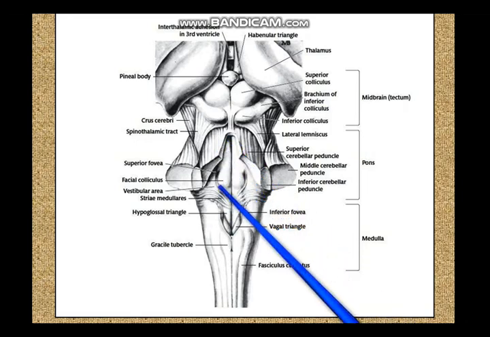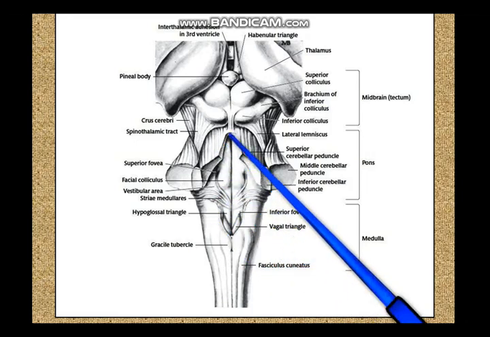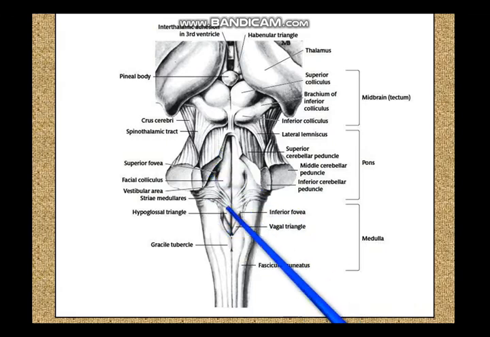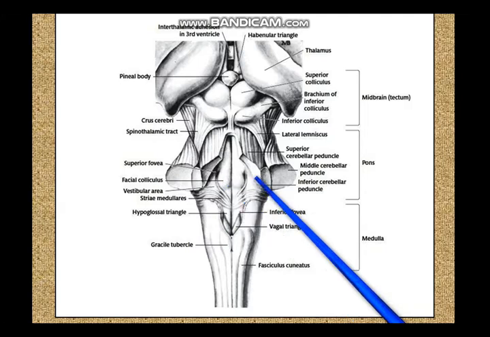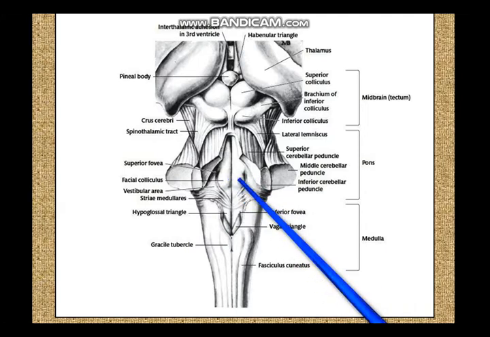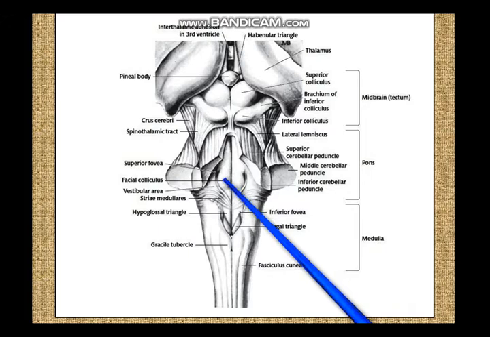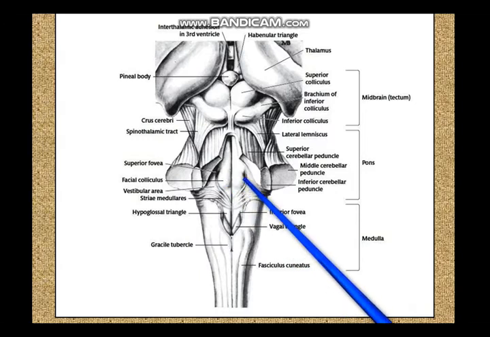So if you look at this medial section between the posterior median sulcus and the sulcus limitans, you can see this elevation, the facial colliculus. So in the pontine part of the floor of the fourth ventricle you can make out the elevation of the facial colliculus. Now this facial colliculus is due to the underlying abducent nucleus which is looped by the fibers of the facial nerve. So the fibers of the facial nerve looping around the abducent nucleus give rise to this facial